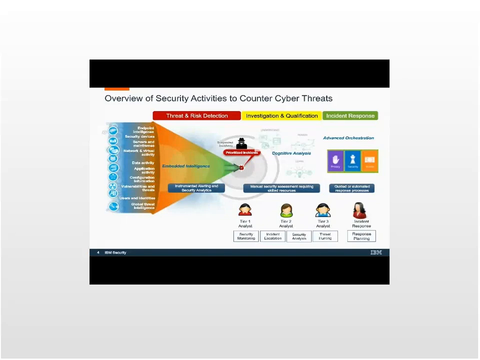Now, the second phase: taking all of those incidents and evaluating and assessing them to filter out the noise, potentially bubbling up false positives, filtering out false positives and bubbling up false negatives. How do we do that effectively? That falls into the investigation and qualification phase. This section of the life cycle is often very manual.